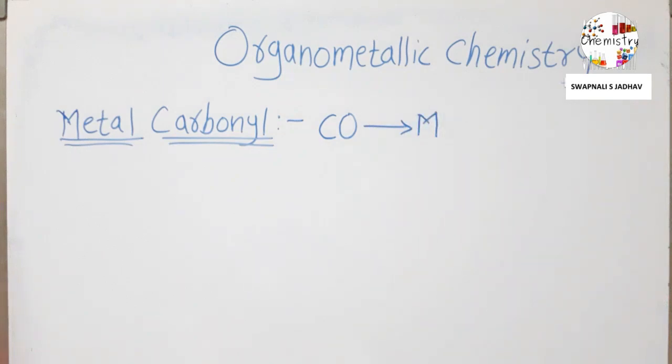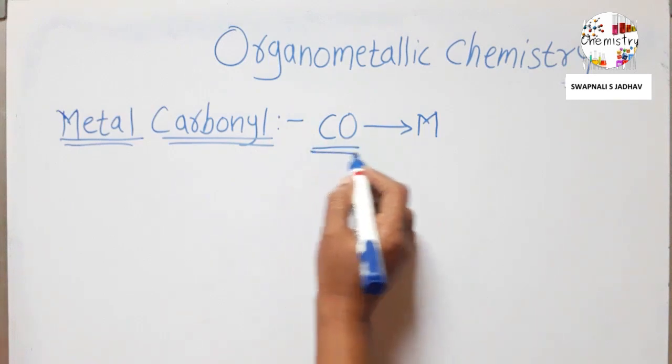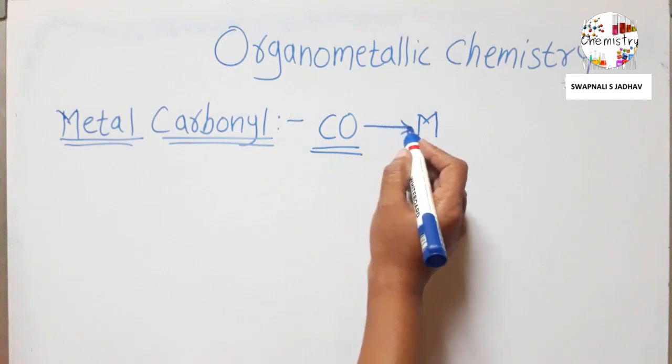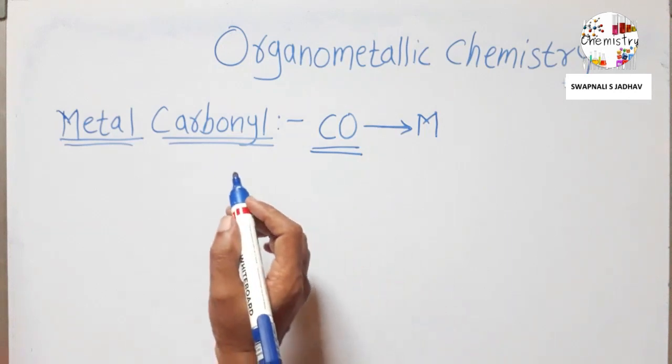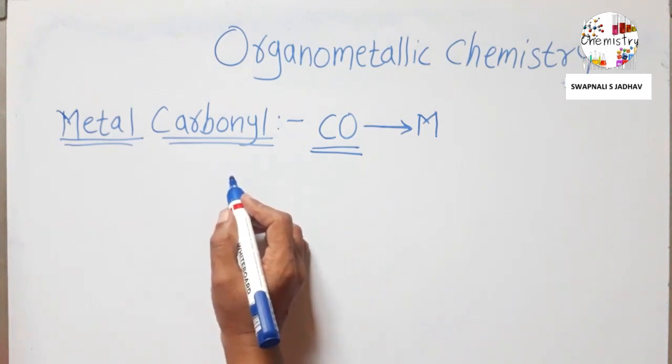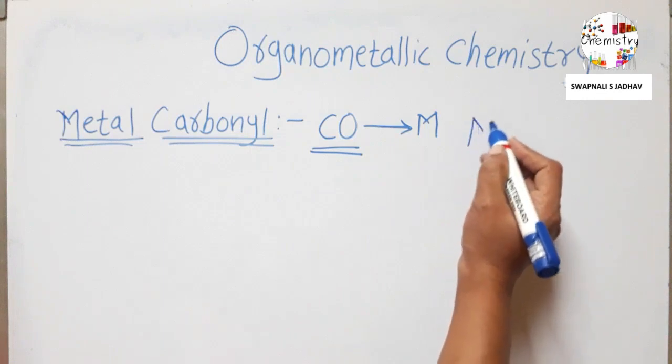The complexes in which carbon monoxide is directly linked to the metal are called metal carbonyls. So metal carbonyls are represented by the general formula